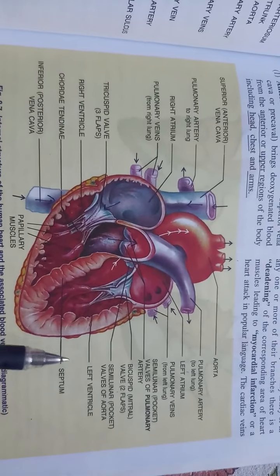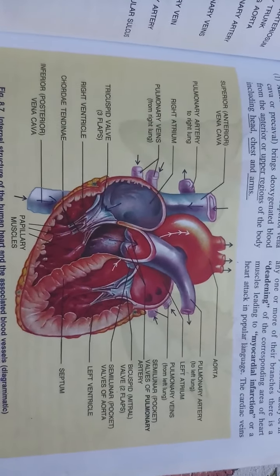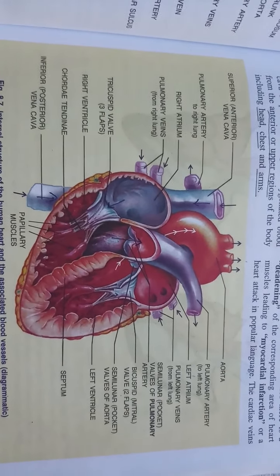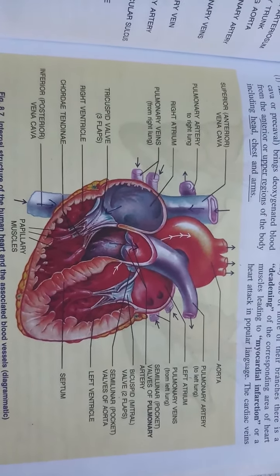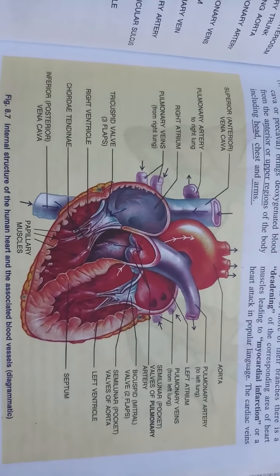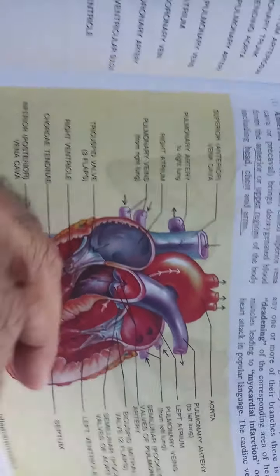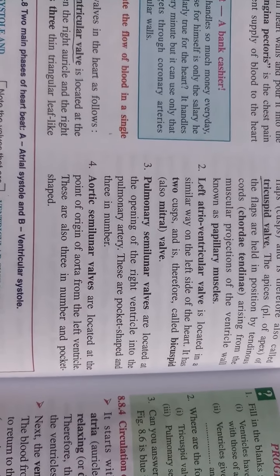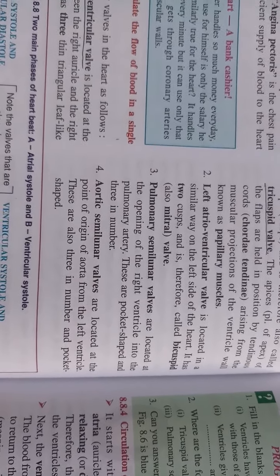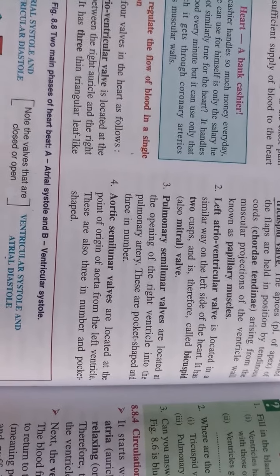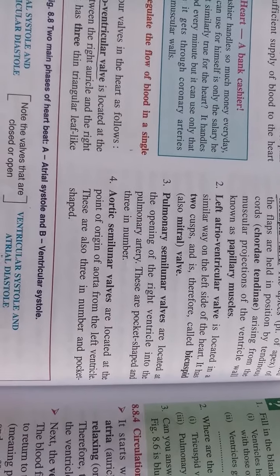You can see here also, wherever you find the valves, you find the papillary muscles. Their function is very important because they keep the valve tightly closed, and when it opens, it opens nicely. So these muscles need to be in the proper place, functioning properly. Now the left atrioventricular valve, or bicuspid valve, the other word is mitral valve, is on the left side.